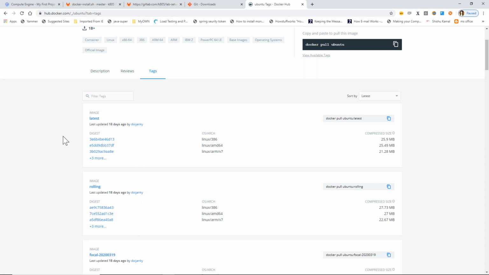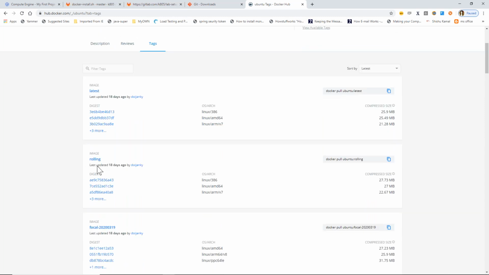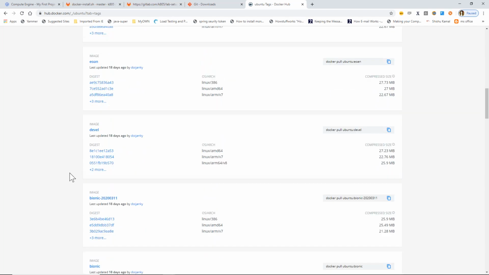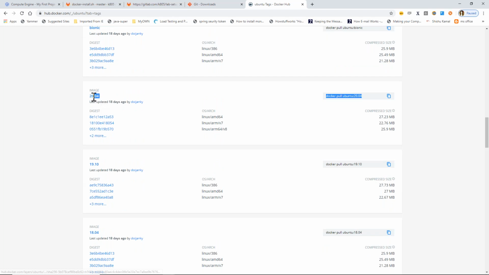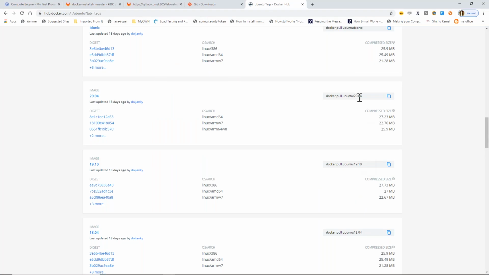If you want any other version, you need to provide which tag you want. Suppose these are the other tags. For example, I want to pull the 20.04 version. You need to give Docker pull Ubuntu, colon, and the version you want. So version is nothing but the tag name. For example, now I will pull or run 20.04.